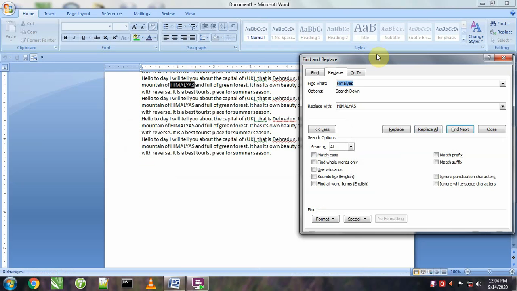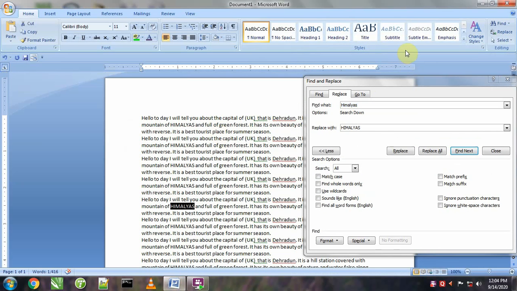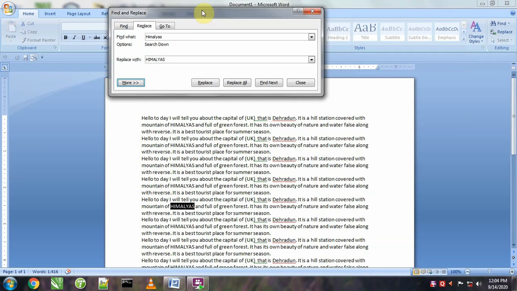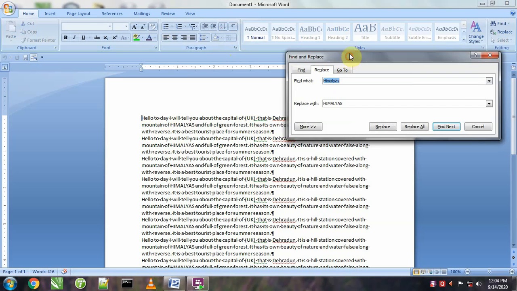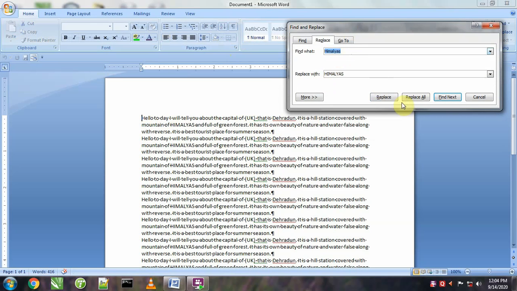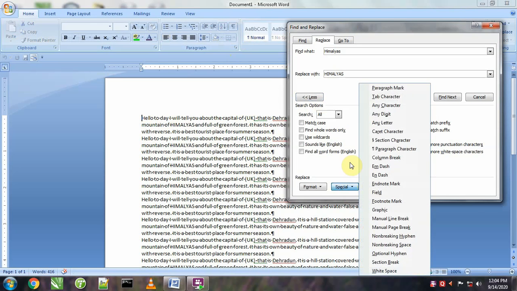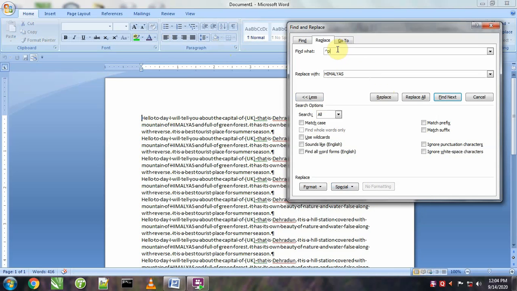One more thing is this. The document contains multiple paragraphs. If I want to remove all these paragraphs and convert all the data into a single paragraph, we can look here, all these are paragraphs 1, 2, 3. If I want to remove all these paragraphs and convert this entire document into a single paragraph, for this I will put my cursor here, press Ctrl F and click on the replace button. Now I will go to more options and here I will choose paragraph marks. So paragraph marks is here.